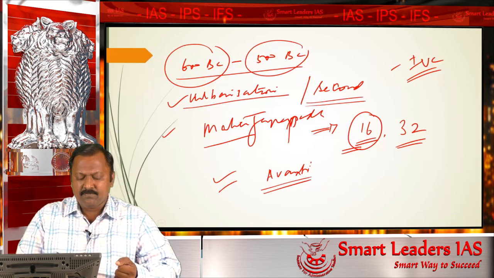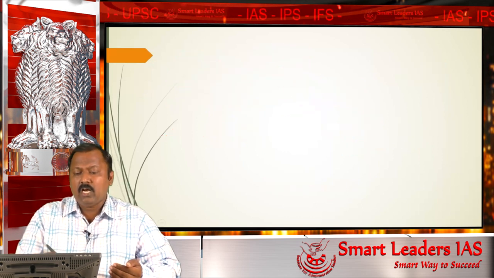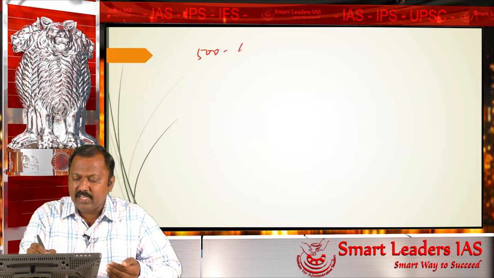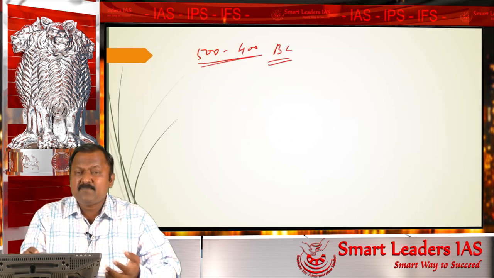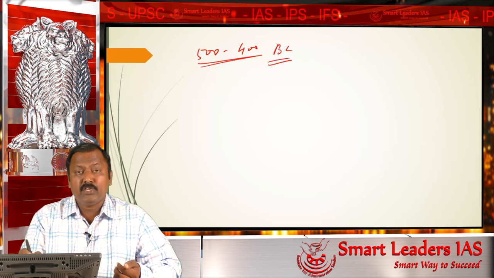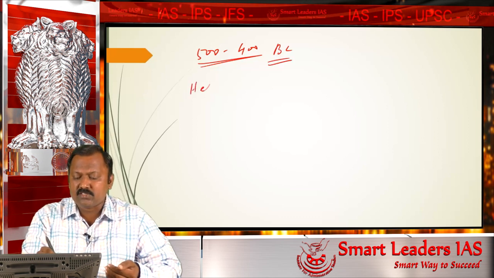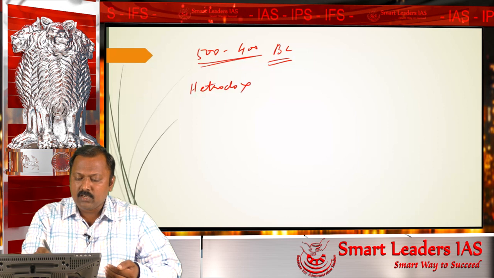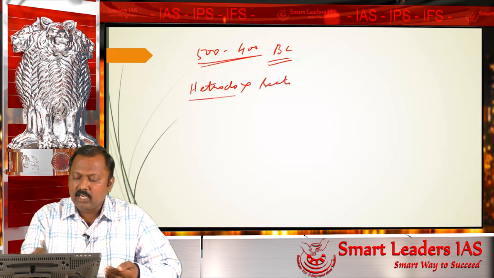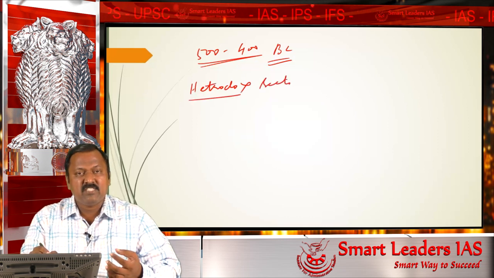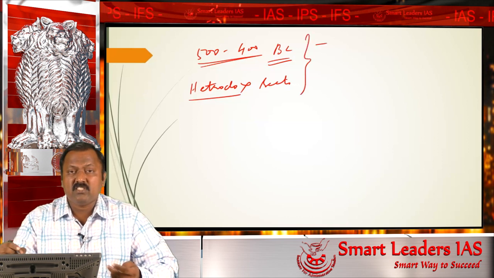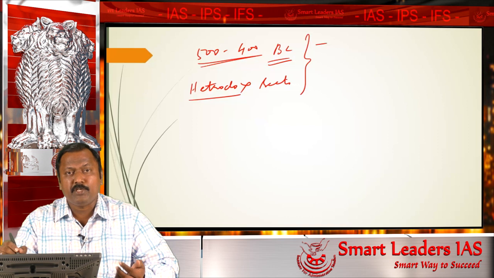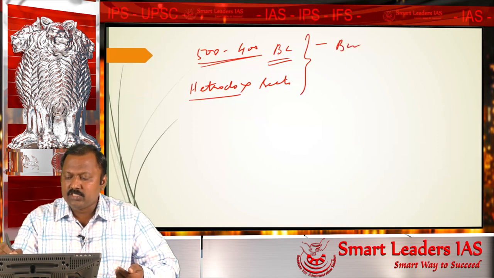Similarly, the next period, around 500, 400 BC, I can say is the period of emergence of heterodox sects. Hetero means different, and sects means religious sects. This period is characterized by the emergence of numerous sects which later developed into great religions, namely Buddhism,